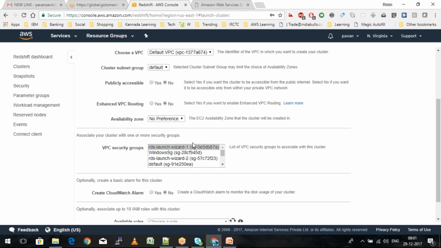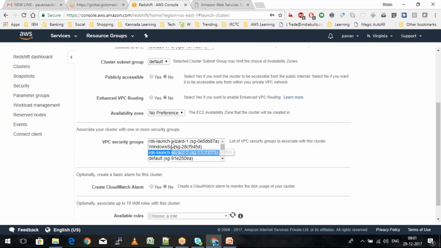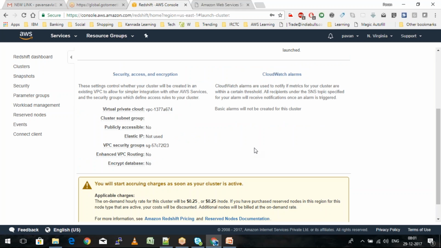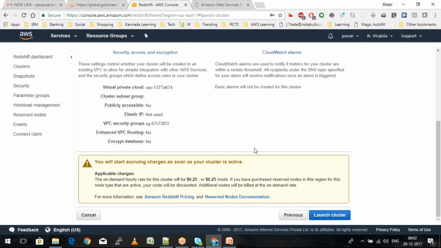And then it's going to ask me for the security group. It is more or less like a database itself, so I can go ahead and select one of the database security groups. And a CloudWatch alarm, if you want to create one, so that whenever the disk space is nearly full, it's going to send you an alarm saying that you need to increase the size of the disk. And an IAM role if you want to attach, so that the Redshift can communicate with any of the other resources. You can select the role here if you have, and then click on continue. And finally, it is going to give you a page to review, and then you can straight away click on launch cluster, and it's going to get one of your clusters started.